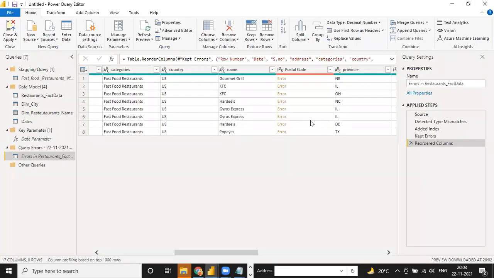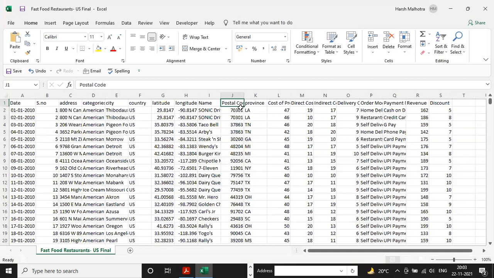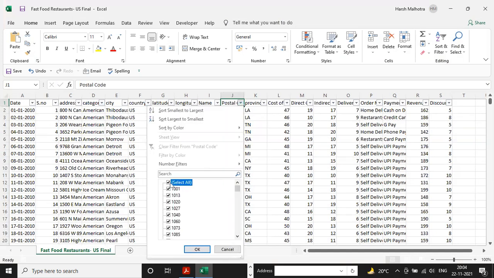So same way we have an error. So go to one more thing, click on this postal code, and go down, select all these different kinds of postal code directly. See, the total number of errors is 8, so you can select 1 2 3 4 5 6 and 7.